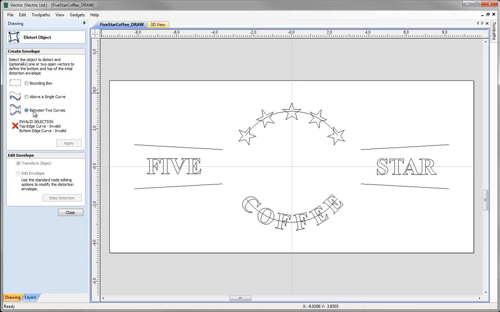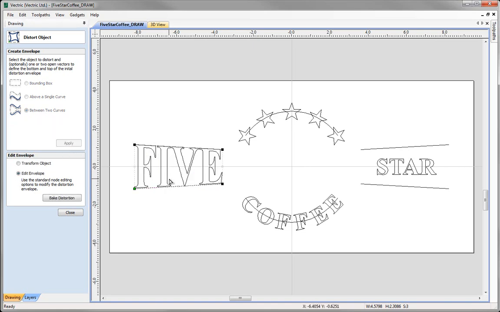And next, we're going to select our object. So first of all, if we select our text, we need to firstly shift and select our bottom line, and then shift and select our top line. If we do it the other way around, the text will be inverted, so everything will be upside down. So if we just click apply once we've done it in that order, and if we just zoom in a little,